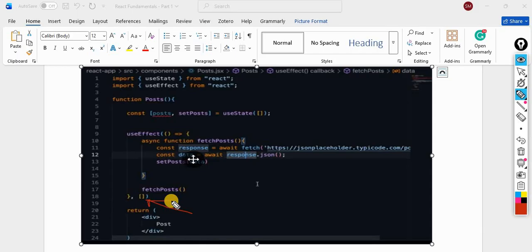So there is no dependency here. Is this clear?